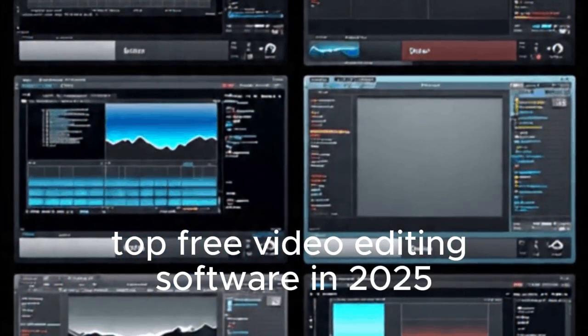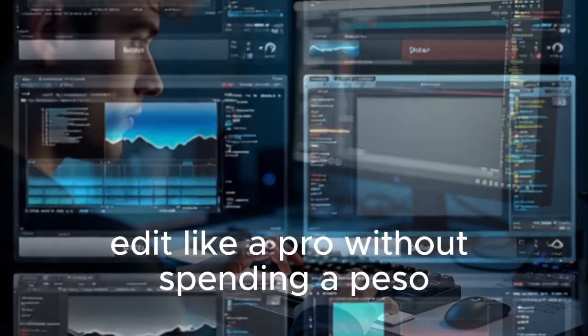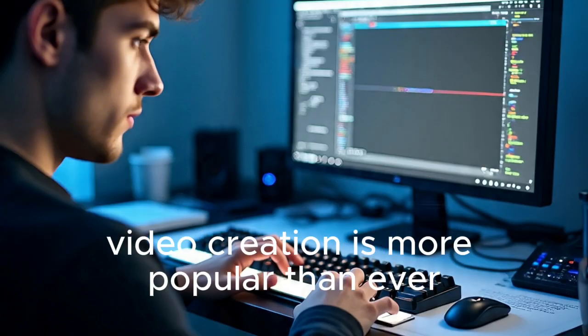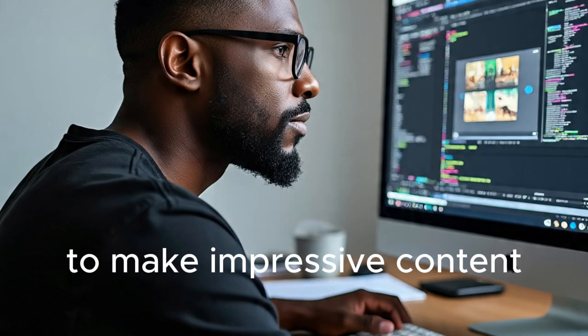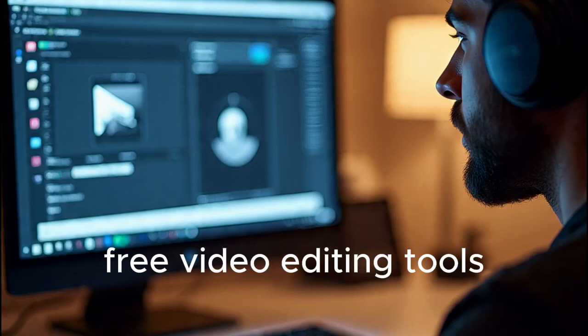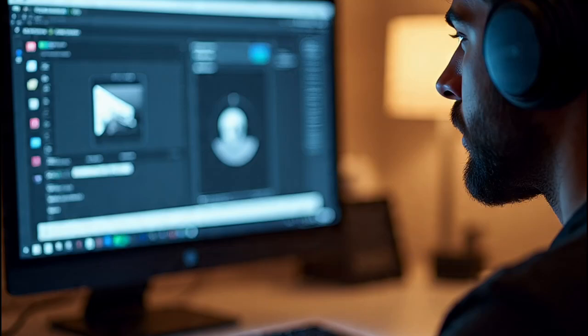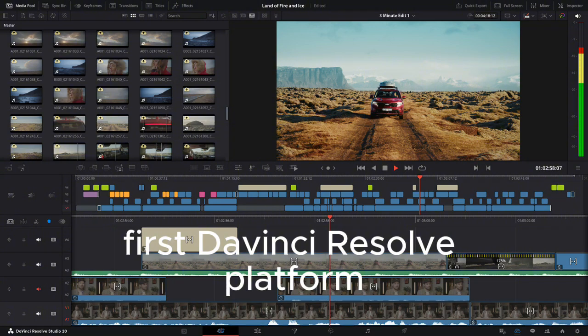Top free video editing software in 2025. Edit like a pro without spending a peso. Video creation is more popular than ever, but the good news is, you don't need to spend anything to make impressive content. Here are some of the most reliable free video editing tools, along with what makes them shine and what might hold you back. First, DaVinci Resolve. Platform: